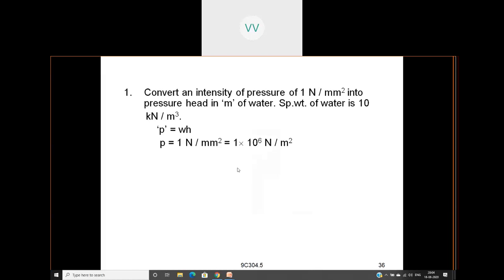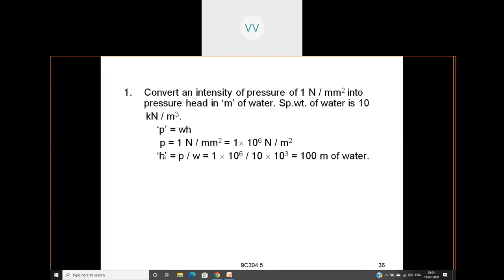So if you multiply, 10 to the power of 3 plus 3, that is 10 to the power of 6. So when you get converted, this is the equivalent pressure. This is how we have to convert. So because it is in the denominator, 10 to the power of 6 goes along with the newtons